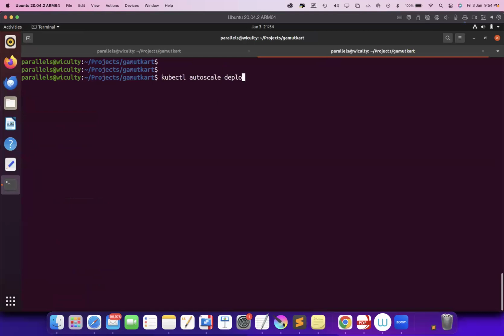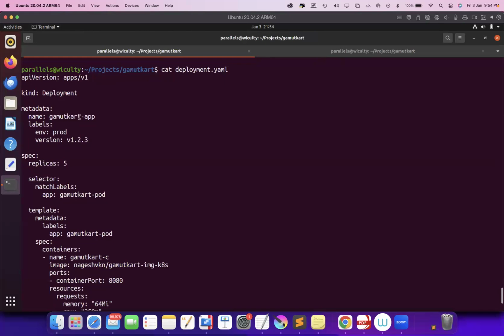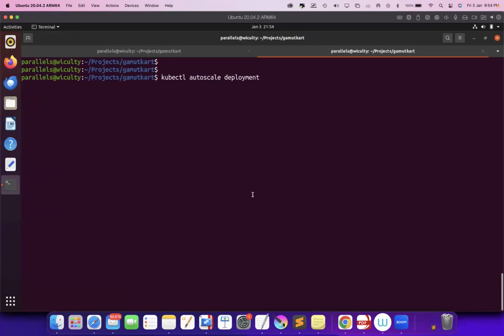It is the deployment that creates the pod replicas, right? So autoscale, deployment name. That's the syntax. kubectl autoscale deployment, deployment name, gamma-app. And then